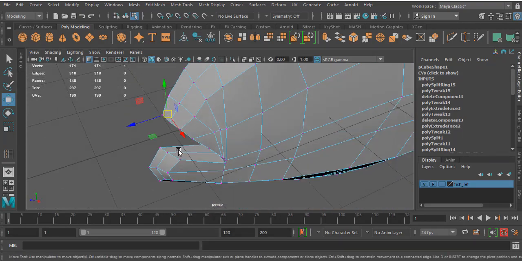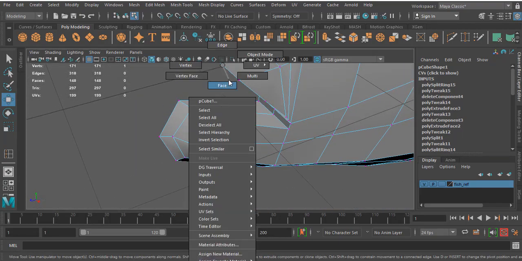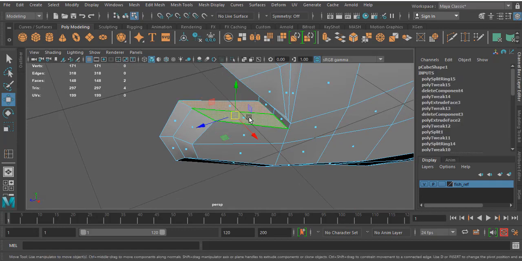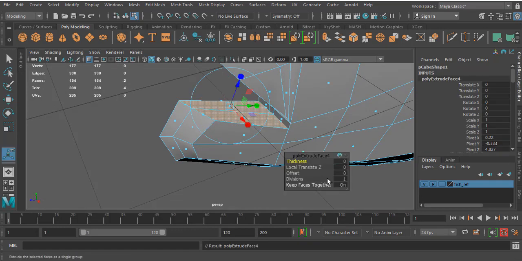Okay, now in this area also you can follow the same option. Select this, extrude, give the offset value like before. I'll give 0.04.